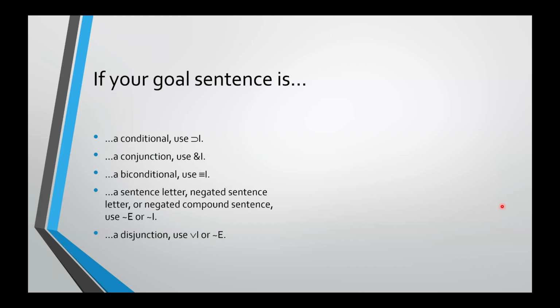And in that case, negation elimination is going to be your best bet, or will frequently be your best bet. So assume the negation of the disjunction and try to derive a contradiction. If you're not sure about what the best way to go here is, one thing that can help is constructing a truth table. Look to see if,